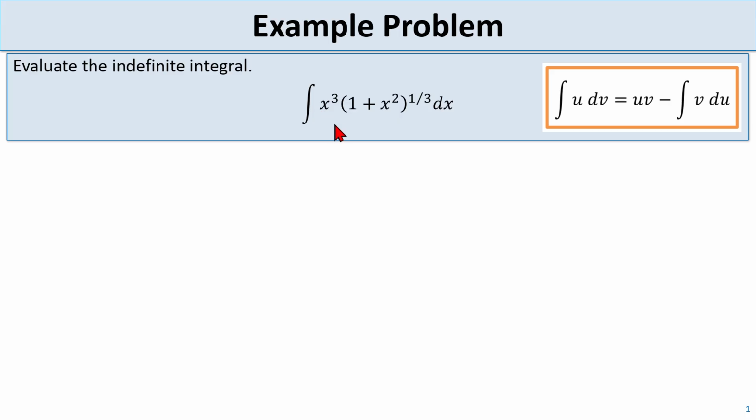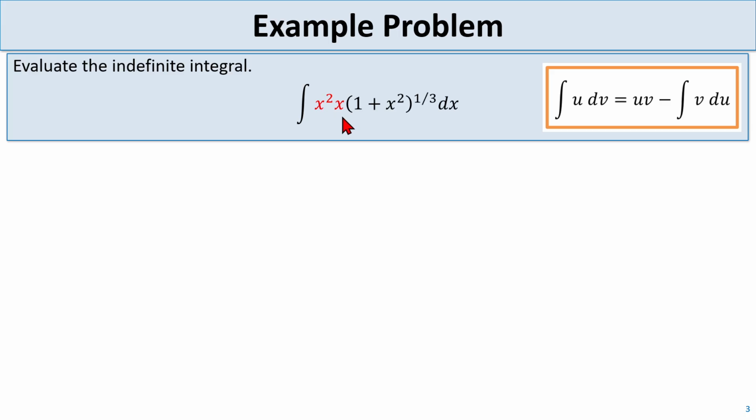What I'm going to do instead is try and think of a way of rewriting the integrand so that it has a piece that I know how to integrate, and the other piece is a function that if I take its derivative, it gets simpler. So specifically, I'm going to rewrite this x cubed as x squared times x. Obviously, that's the same thing, and it might not be apparent how that actually helps me yet,